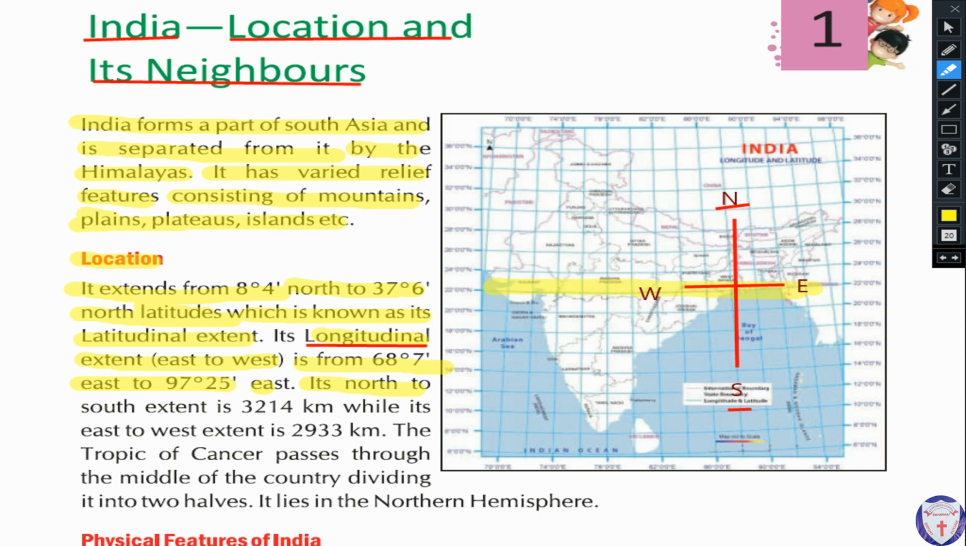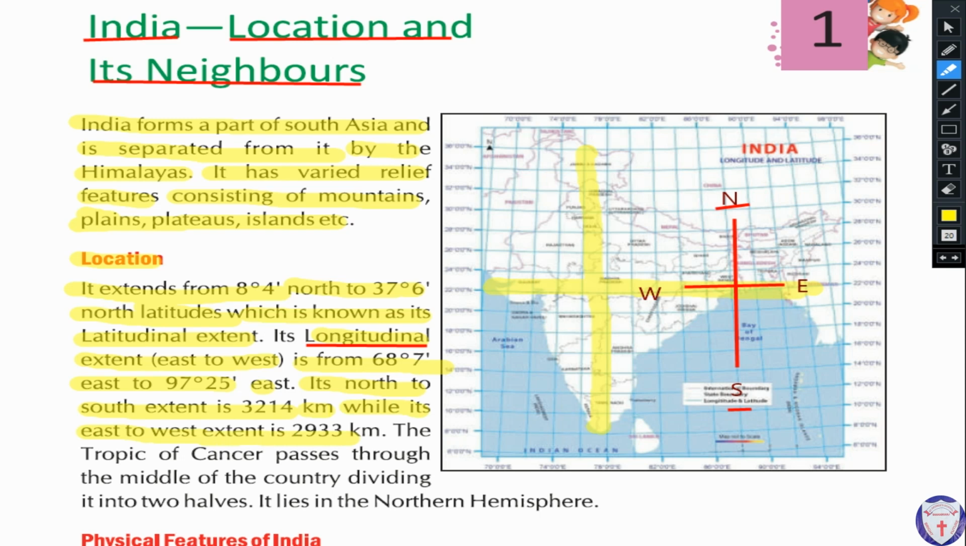Its north to south extent is 3214 kilometer. North to south extent means there we have north and here we have the south. From here to here the total north to south extent is 3214 kilometer, while its east to west extent is